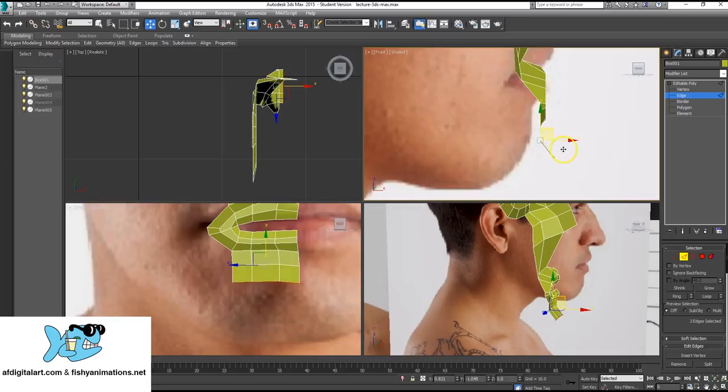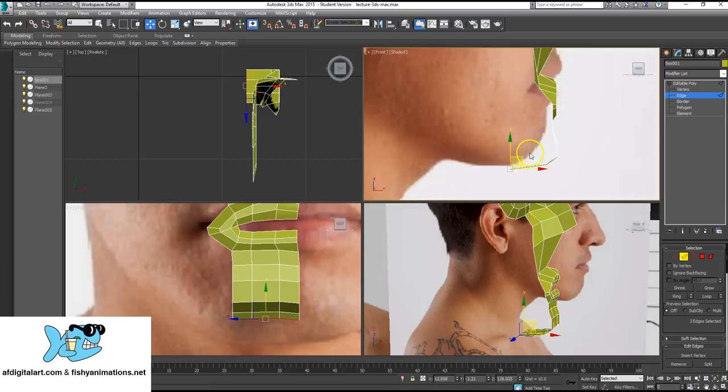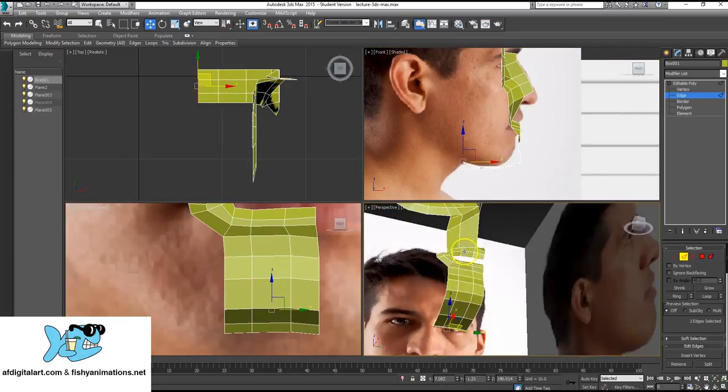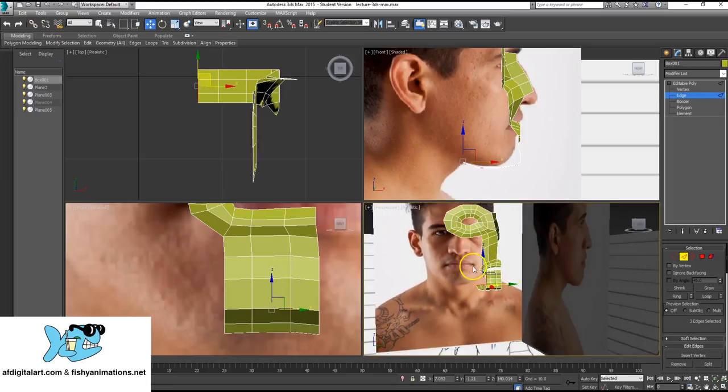Now I'm going to go out. Shape the chin with them. I'm going to come down one. I'll come under one. Follow this along. There we go. Now it should look like something like this. I just used those three edges, just held shift to kind of keep